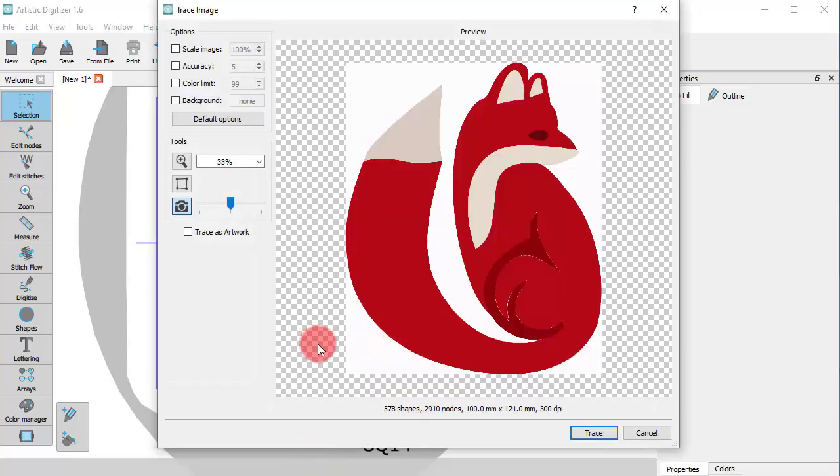The trace dialog appears to assist us with the conversion process. In reality, the trace dialog tries to create a vector design based on the imported image. If you prefer, you can customize a few options. First of all, you can scale the imported image. For example, if you want the design to fit into a 140 by 140 hoop, you need to scale up